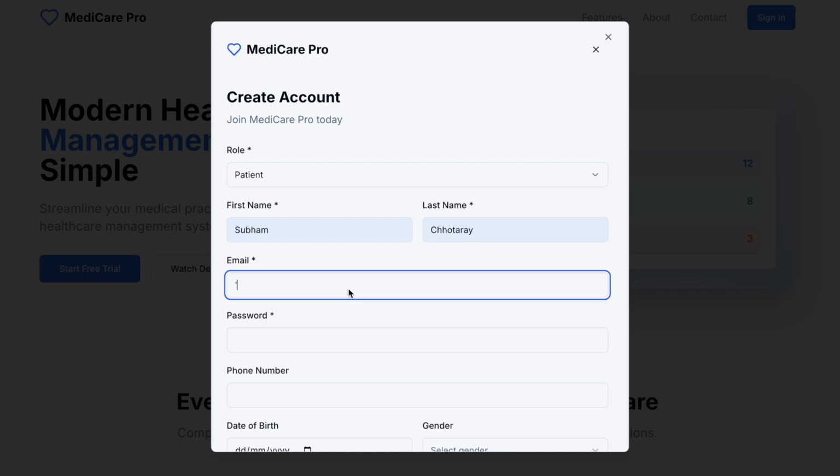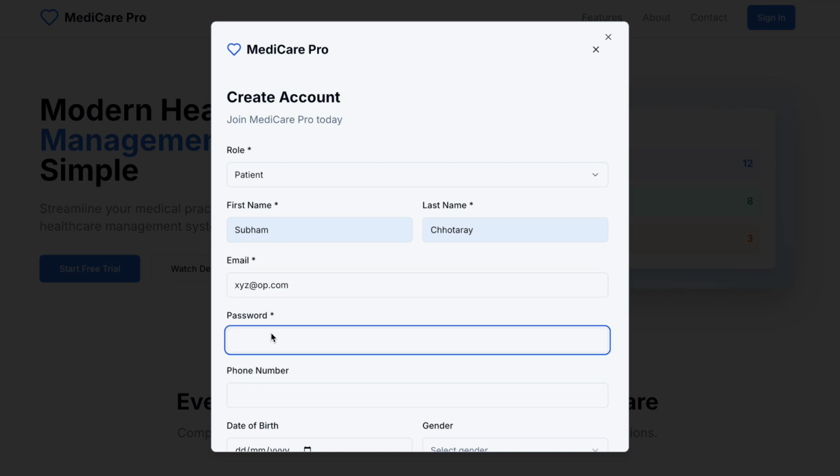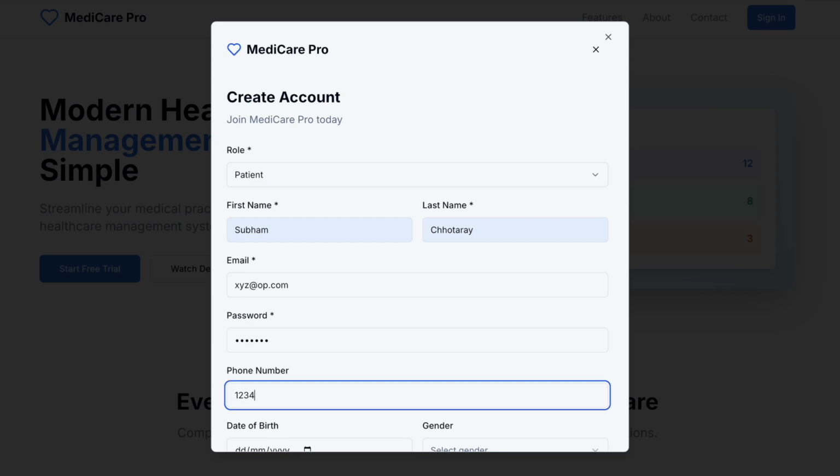Email ID, let's say we are providing any random email ID. And password also a random password. Phone number also a random phone number.